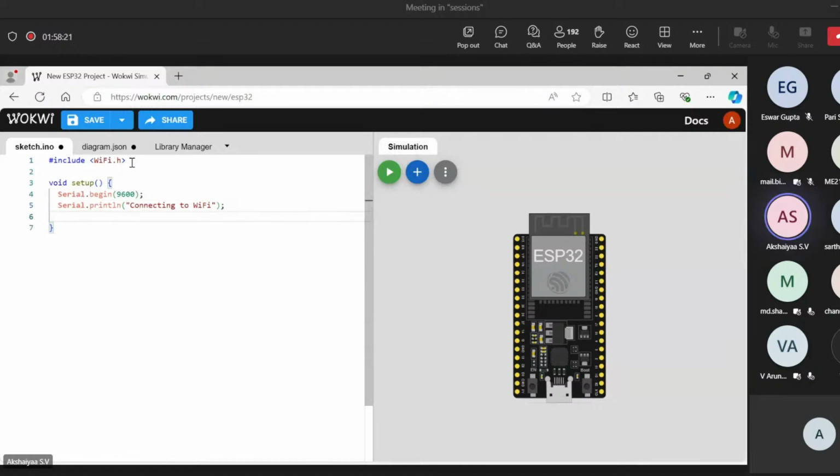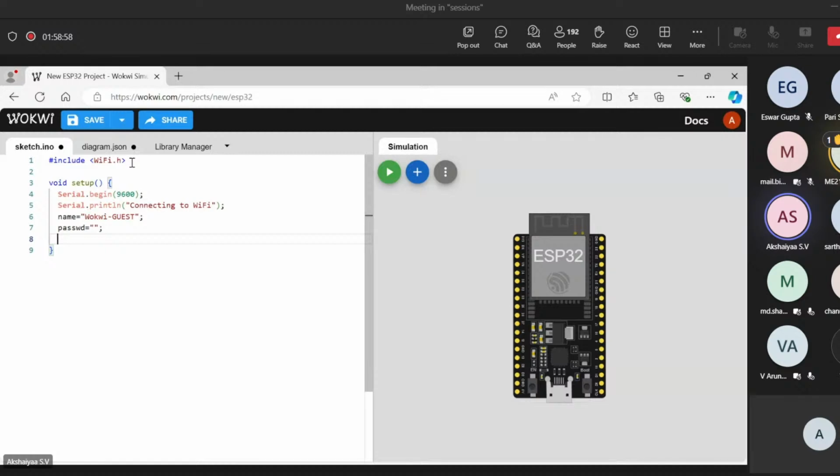If you have your own board and you're programming it, you'll be able to connect it to your own hotspot. But that is not possible now, so there is a virtual hotspot which everybody can use, presented by Walkme. Let's call that name Walkme-guest. And it doesn't have a password, so that's just an empty string.